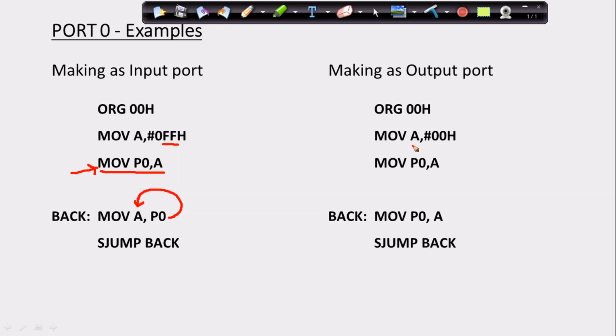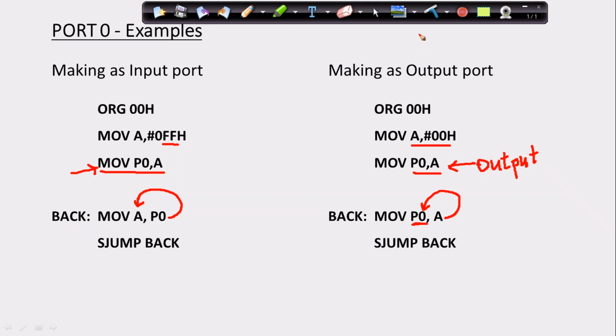That is why I'll be loading my accumulator with 00 hexa and sending the same value to port 0. By this instruction I'll be making my port an output port. Since it is output, I'll be sending the data to P0, and the data we send will always go through the accumulator.